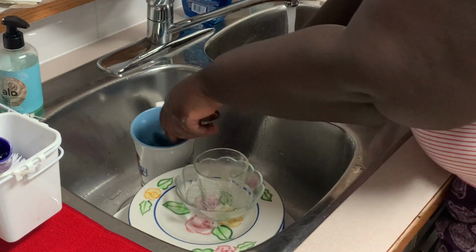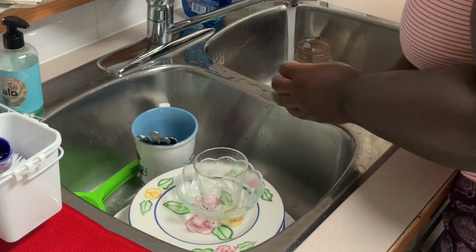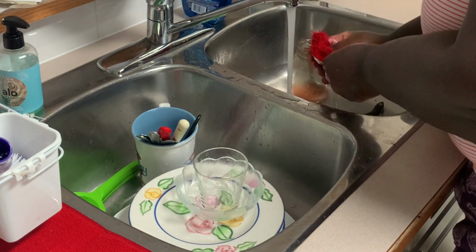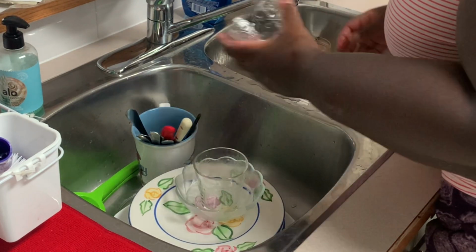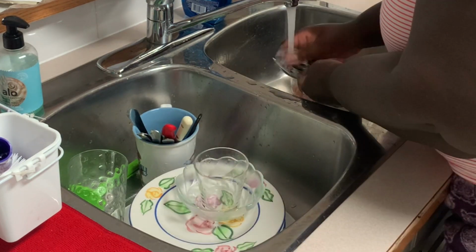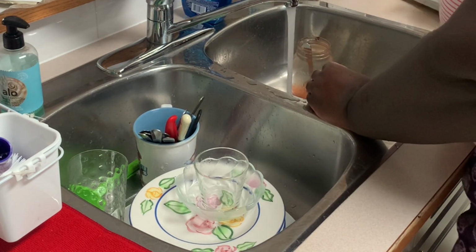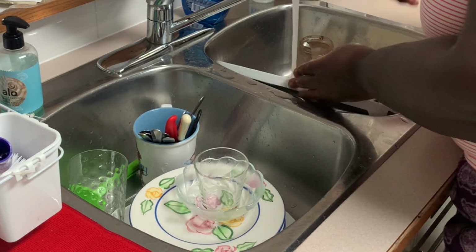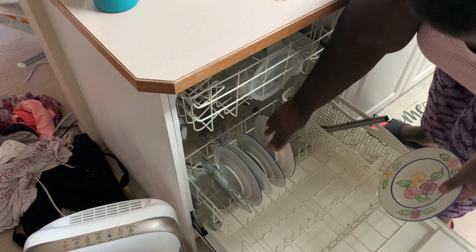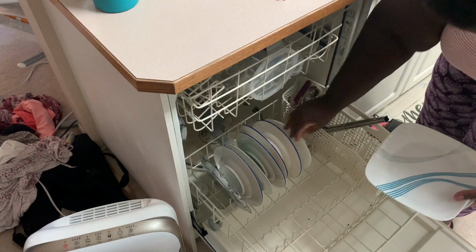So first off, I just bloomed the yeast. I'm using active dry yeast, and so I'm just gonna put that in the required amount of water and sugar, and I'm just gonna let it sit to activate the yeast. And I'm also gonna soak the blueberries. I'm using dried blueberries for this. Like when I bake, I hesitate to use fresh because they bleed into your pastry. But also at this time, all I had was dried blueberries, so that's what I was using. So I'm gonna soak those in water, and